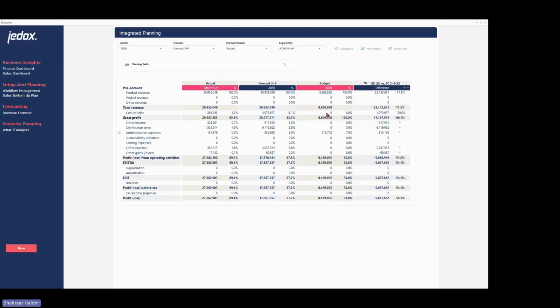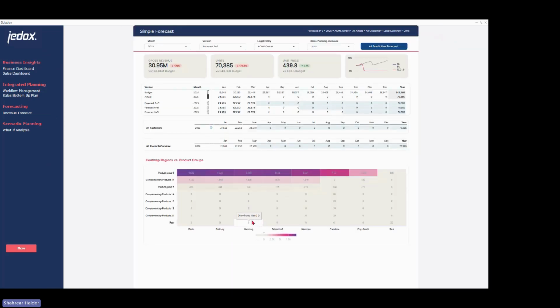In a real life situation, this amount will only be populated when the full budget gets completed, but this is just an example to show you. Let's focus on the forecasting piece now. At the moment, we see these two numbers are the same, because Jedox gives you version blending, which means that in order to improve your forecast accuracy, the system can automatically take the actual values. In this case, we're in the month of April, so it takes the actual values for those 3 months,